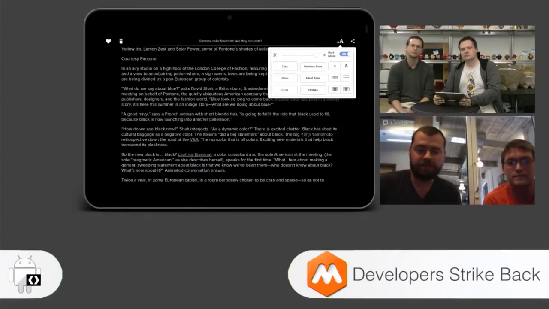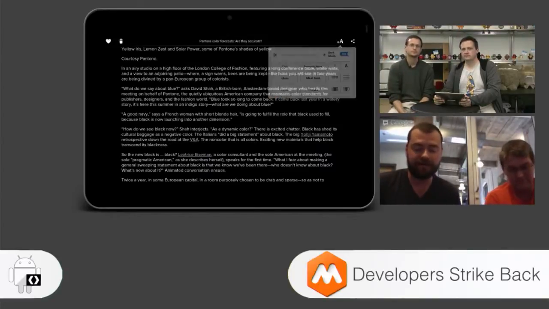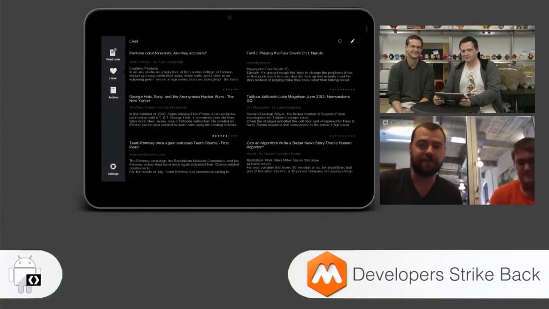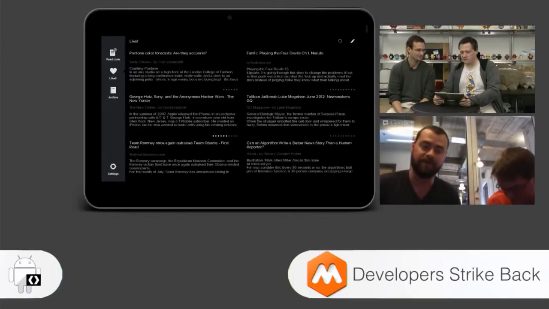And you've got to remember that to target things like the Nook, the last Kindle, we had to go back to 2.1, and that presented some interesting problems. That action bar is not actually the Ice Cream Sandwich action bar that was built.